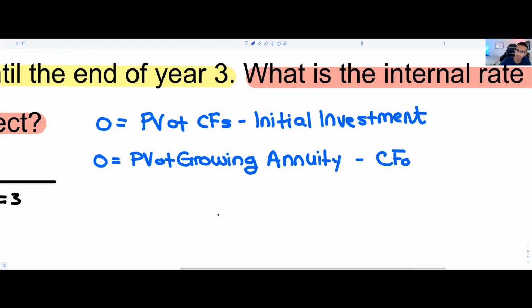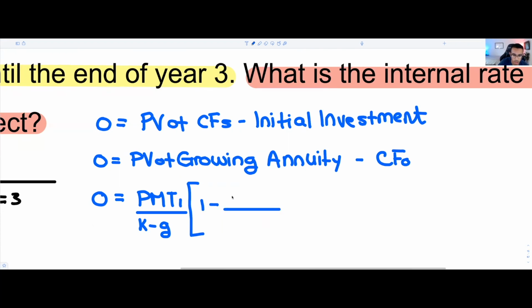Now, of course, using a formula in this case would require you to have your formula sheet next to you. And lucky for you, I have it next to me right now. And we're going to have essentially payment 1 over K minus G. And we would have 1 minus (1 plus g over 1 plus k), and this little thingy here, I'm going to have it to the power of n. And this will be minus